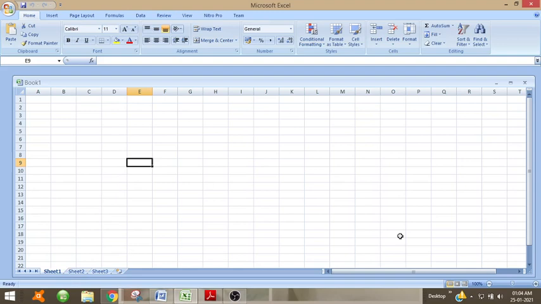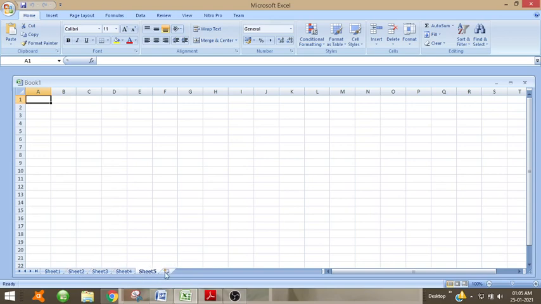We can move to different parts of the sheet, and we can have different sheets. In workbook 1 itself, we can have different sheets, and we can even add new sheets.